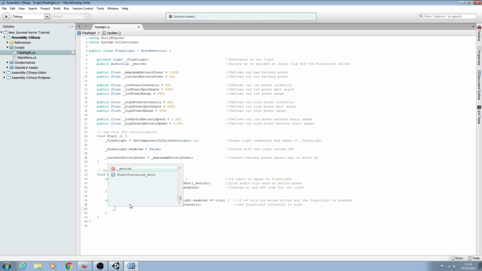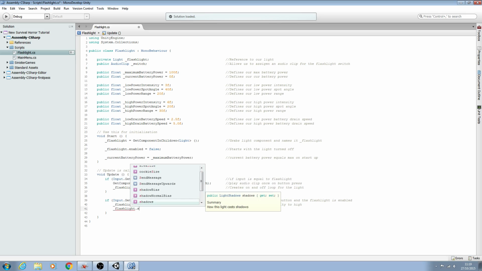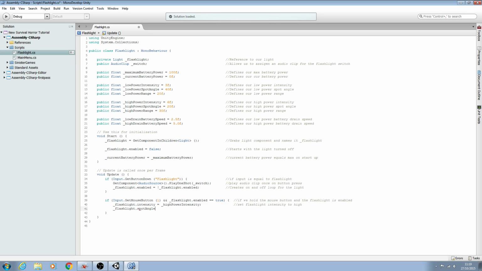And we just need to go through and do this for each one. So flashlight dot, and this time it's going to be of type spot angle, and it's going to be equal to our high power spot angle. Close the line off, into the comments. So we'll say set flashlight spot angle to high,